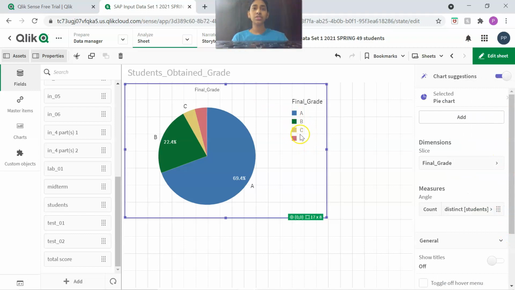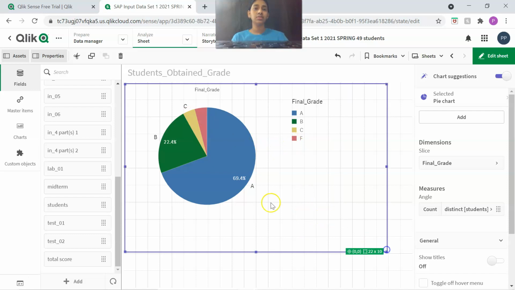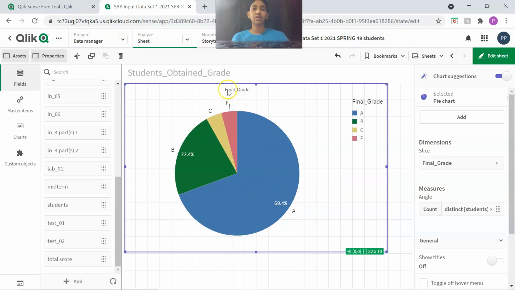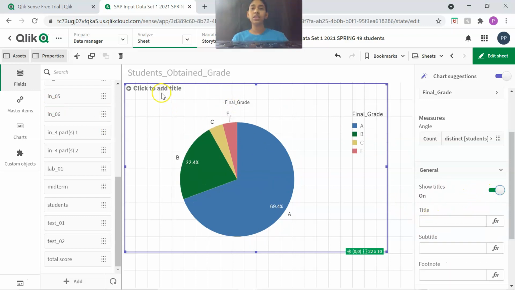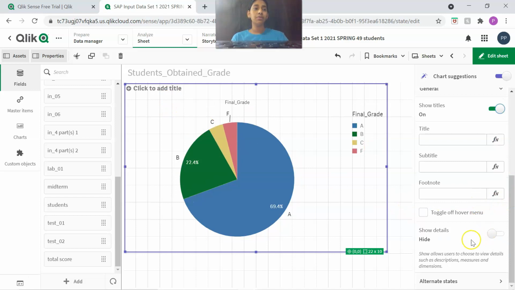Here you can see C and F have the same number of students. By default percentages are obtained. Here you can see I can click on show titles and create a title for my chart. To create a title, just click on it, or you can also enter here.